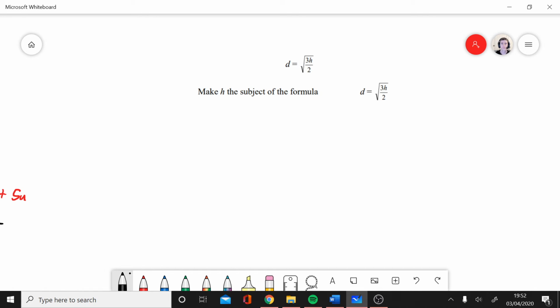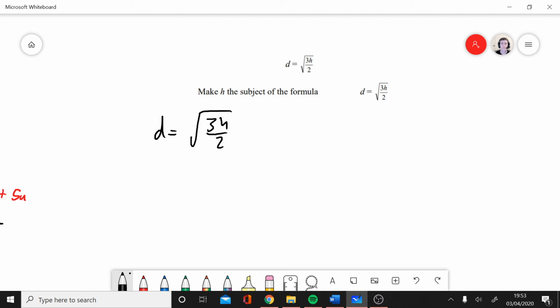Okay, and now moving on to our final question. So the theme of every other question is that say you want to move something over to one side, you kind of have to do the opposite of what you've done originally to get it there. So say I have something add 2a and I want to move it over to the left side, I'm going to take away 2a. And in this scenario, we want to make h the subject of the formula, but we've got this annoying surd, or the annoying square root. So what we can do is